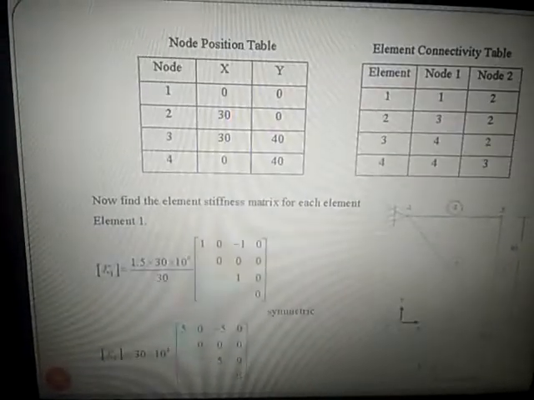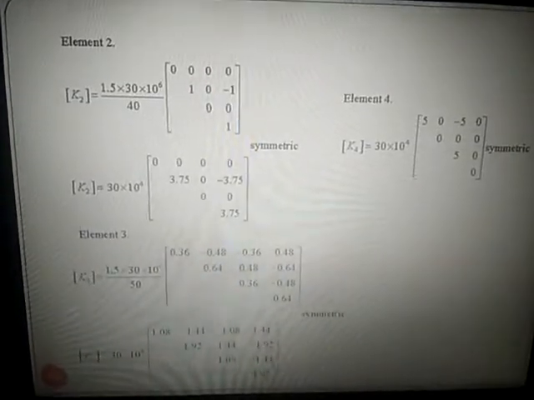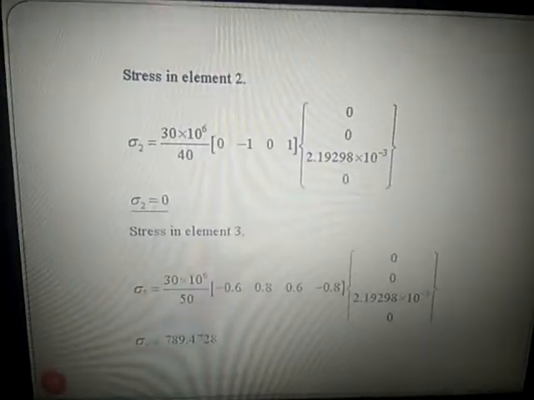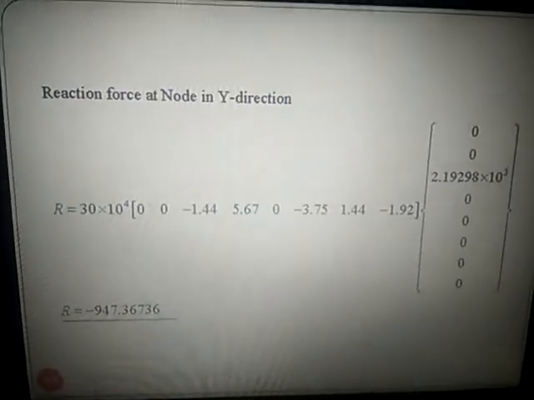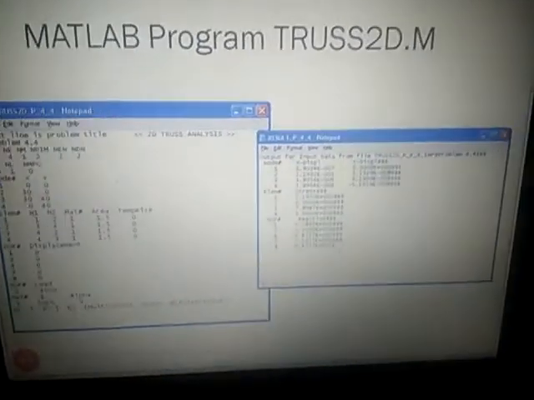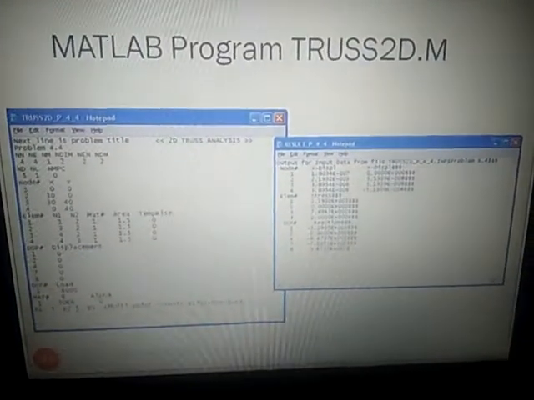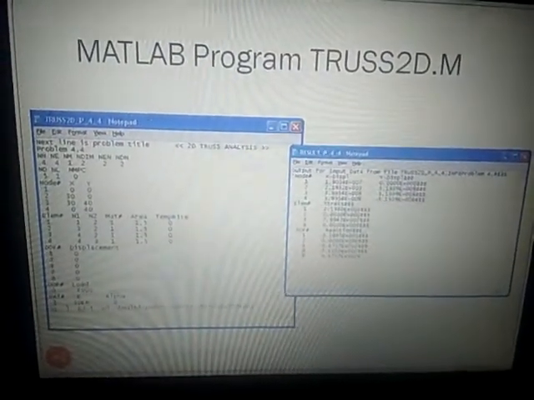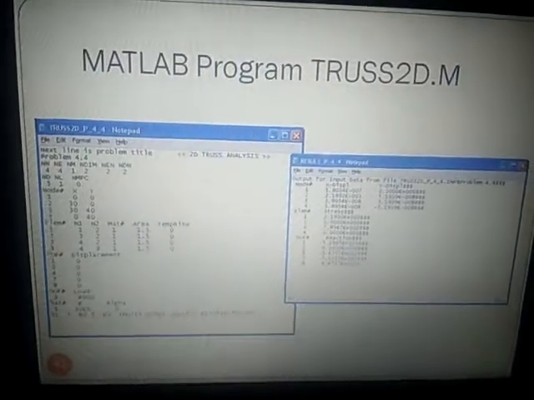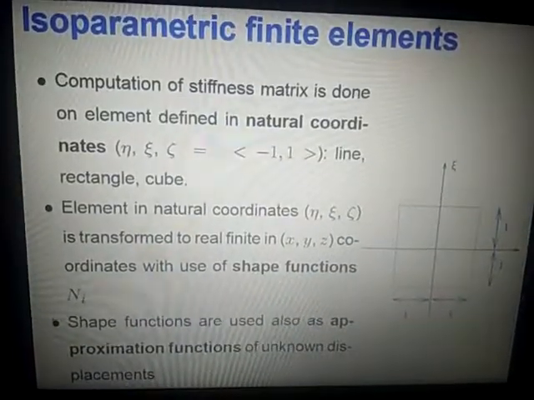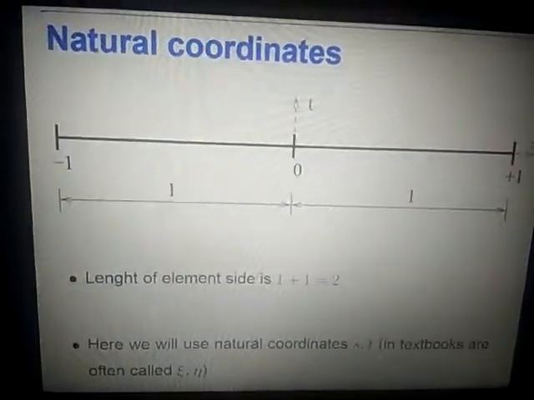Similarly, I have explained it here. Please go through it, all of you. You have to practice it. Practice is very important. Reactions, how we do it. These are all examples for MATLAB, also for your job. We are using computer software, Matrix Laboratory programs. These are all direct and isoparametric concepts.